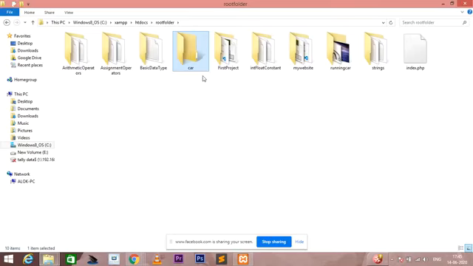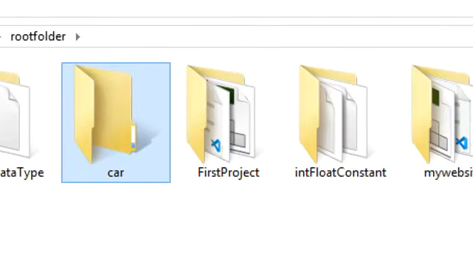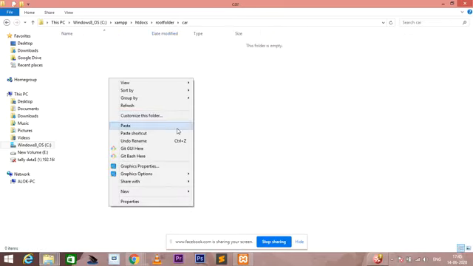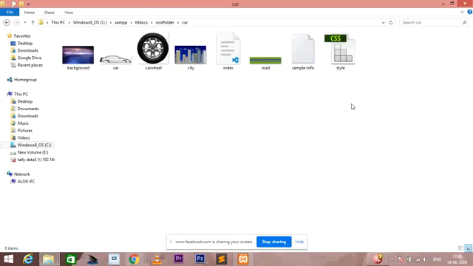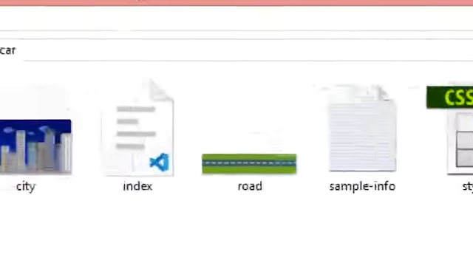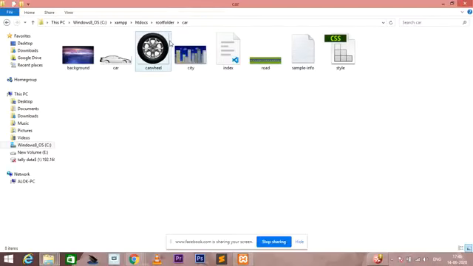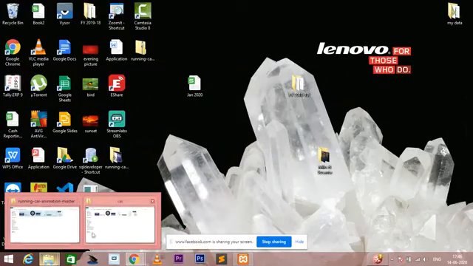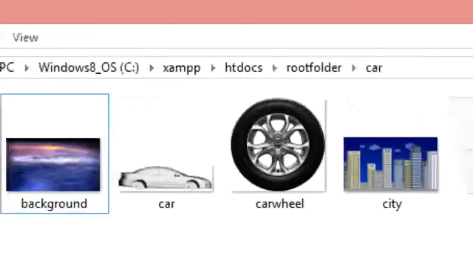This folder is created already, and I zoom in here so you can see that this is my folder. Again I double click on that, and I simply copy and paste the content, and you can see that this is my entire content basically. After this, I minimize it. If you want to see where I copy and paste the entire content, you can see that this is my root directory basically.